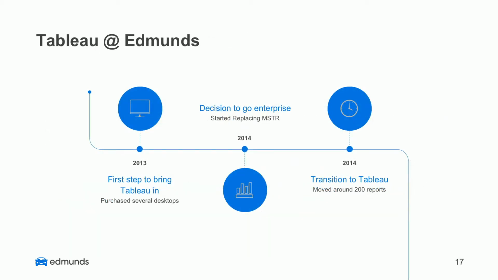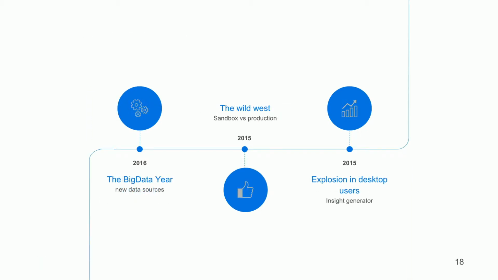Okay. So I just want to quickly show what happened in Tableau. We started on desktop. If there's anybody in this room still thinking about getting into Tableau, raise hands. Anybody thinking about getting into Tableau? Yes. The best thing to do is to get a desktop license. Start with the desktop license. That's where people get excited about it. That's exactly what we did. A couple of our analysts got desktop licenses. They started using it, connecting to their data, and started visualizing. And then it started to explode.